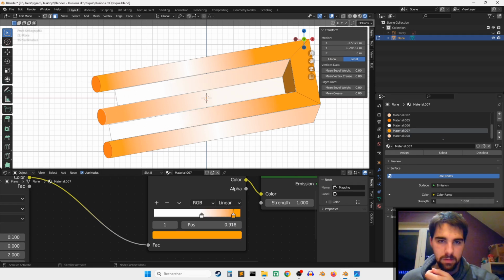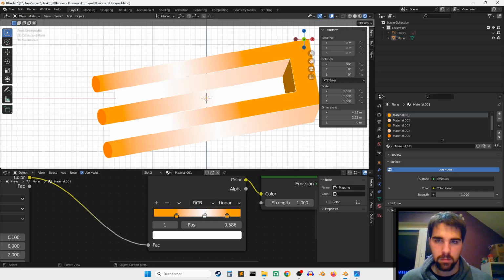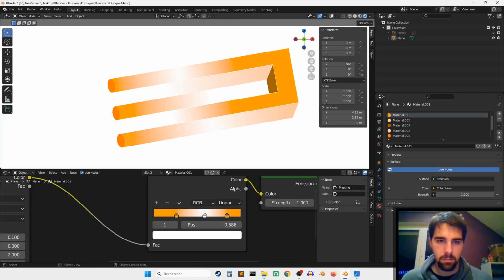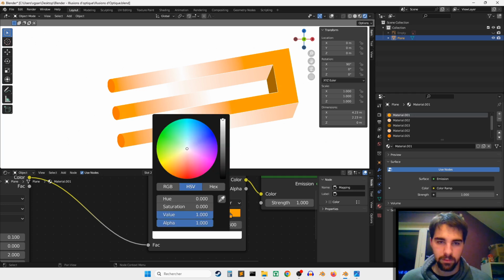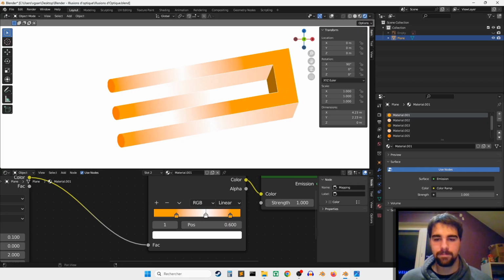Yes, like so. And it works. Okay, I don't want this part to be that. Okay, anyway. It's because it was delimited by a white,